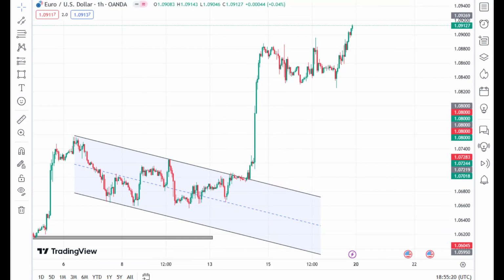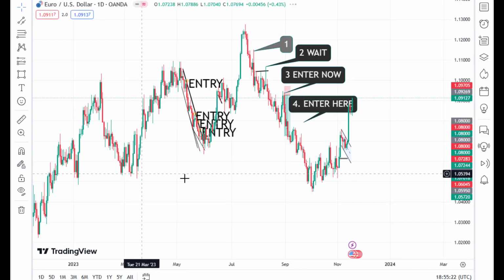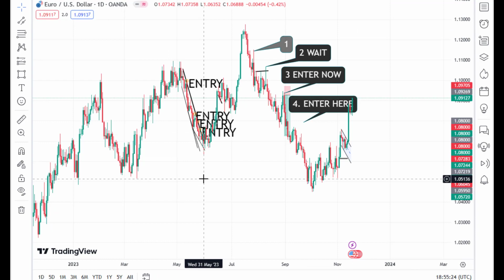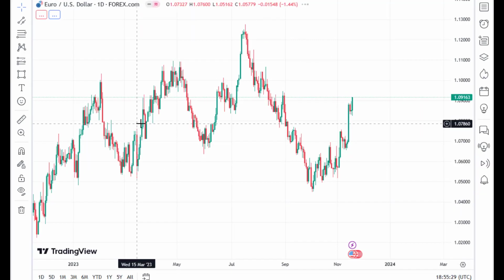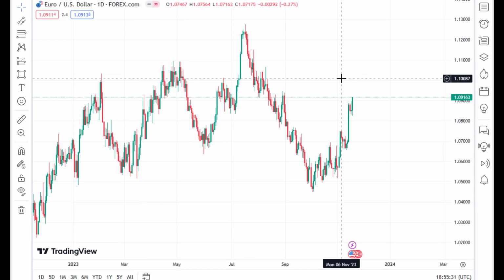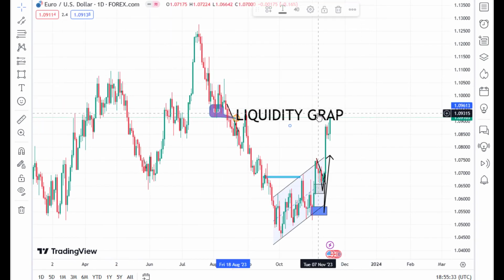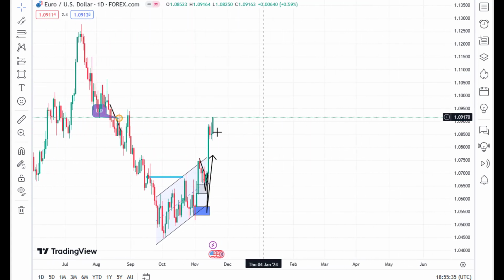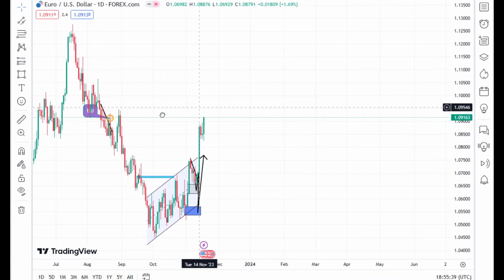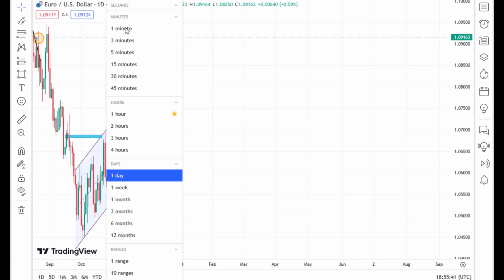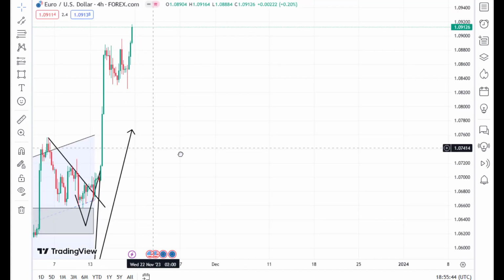And if you look at it from the daily time frame perspective, you are probably going to see we have done a lot of demonstrations in this particular one. All right, so we see from a daily time frame perspective, we have price moving up. Okay, price just switched from a downtrend to an uptrend. Now we have very strong bullish momentum. Okay, so if you drop further to the 4 hours time frame here,